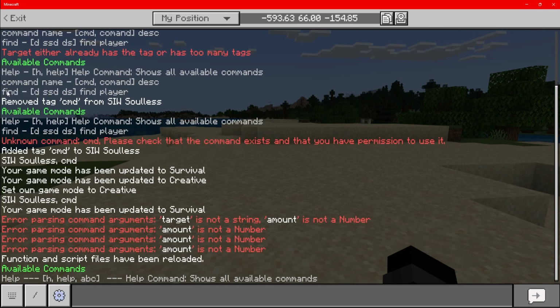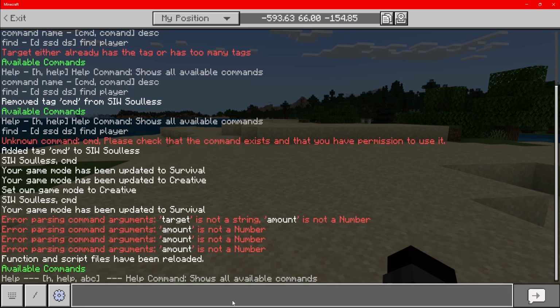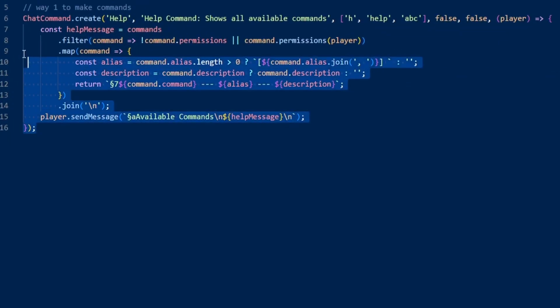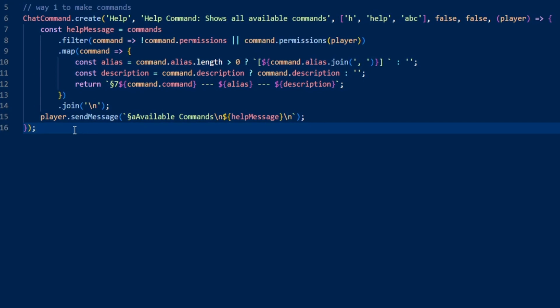Now, I removed the find and the command name, so that's why we only have the one, because if we look back inside of here, we only have the one help command. So it's only grabbing the first help command. So that is the first way to set up a